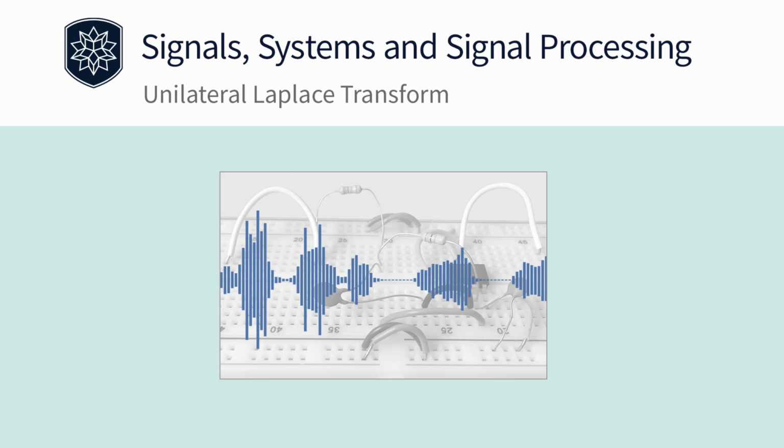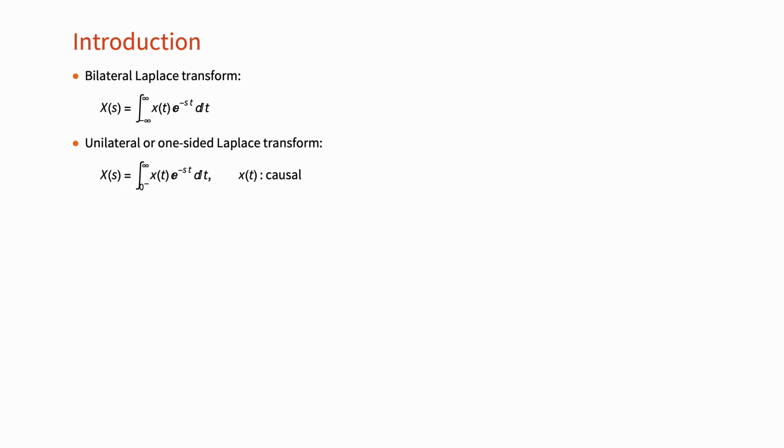The topic of this lesson is the unilateral Laplace transform. We previously defined the bilateral Laplace transform. We discussed some of its properties, relevant theorems, region of convergence, and we presented some of its applications. In this lesson, we focus on a special case of the Laplace transform, the unilateral or one-sided Laplace transform, defined as